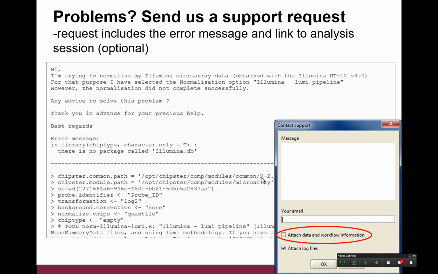And finally, when you are doing analysis, sometimes you get an error message. So something is wrong, the analysis tool is not running properly. So then it offers you a possibility to contact support. It will ask you, do you want to contact support? And if you say yes, you will get this kind of window here, where you can type a little message